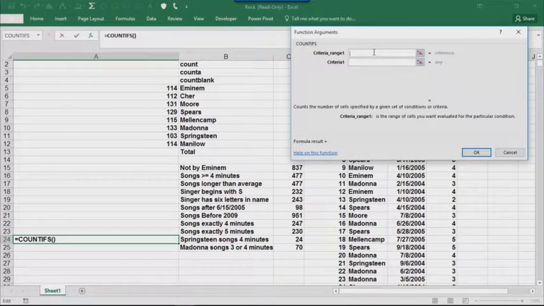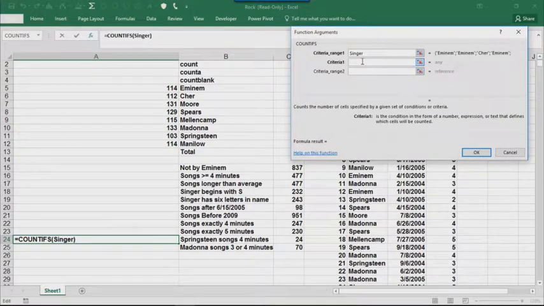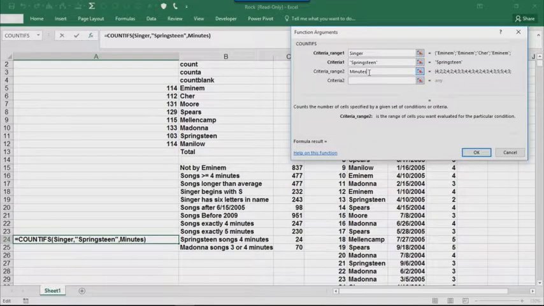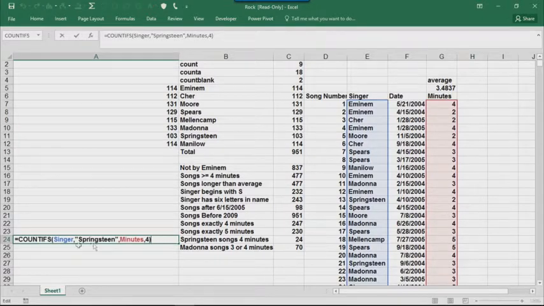So we would take the first range was the singer range, and the singer's name was Springsteen. Now I don't need quotes when I use the function wizard. You'll see it puts in quotes. Hope I can spell his name right. Springsteen. And then the second range would be minutes, which we name that column, 4. So what that means to Excel, criteria range 3 is unnecessary because we're going to stop there. Every time you see Springsteen in the singers column and 4 in the minutes column, you're going to count that range, that cell. Okay, and then we can see what that looks like. If the singer is Springsteen and the minutes is 4, then basically count that row, and there are 24 rows